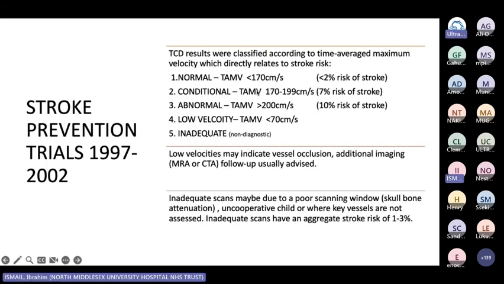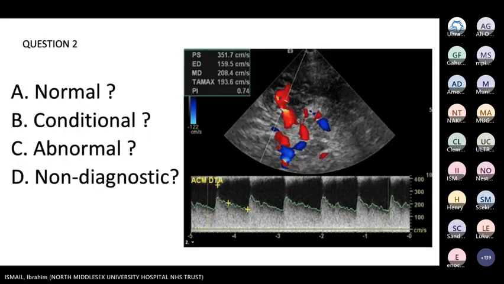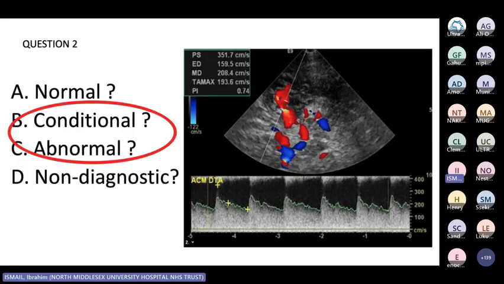It is within the time frame and it's below 200. So essentially, yes, it is conditional, but it's within a close parameter of abnormal. And you have to give a 10% leeway each way in how you do the scan because there's a lot of operator dependency. For me, yes, within conditional, and that is the actual